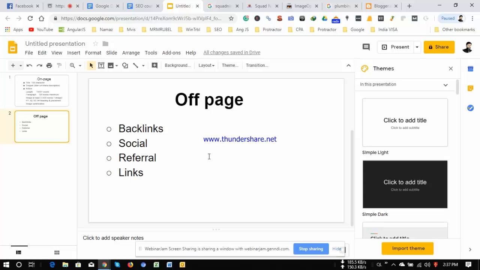Similarly, you can create a post on Blogger under Squad Ninja, and inside that post you can link to squadninja.net, or link an article of your website that is relevant to that post. Then it's going to be a good link. Just creating the page is not enough; Google will not understand that it is related. If you make an internal link, then Google will understand, oh, this is that, and Google will index it.